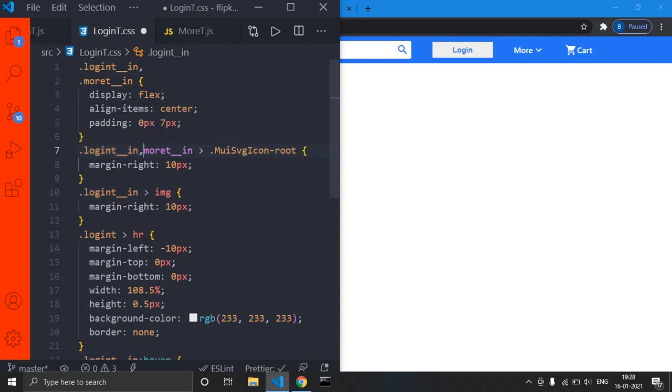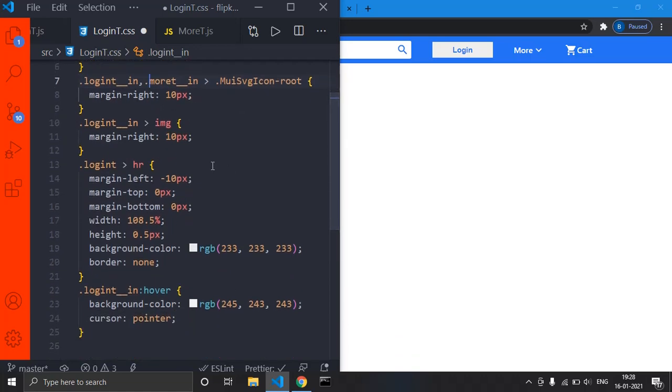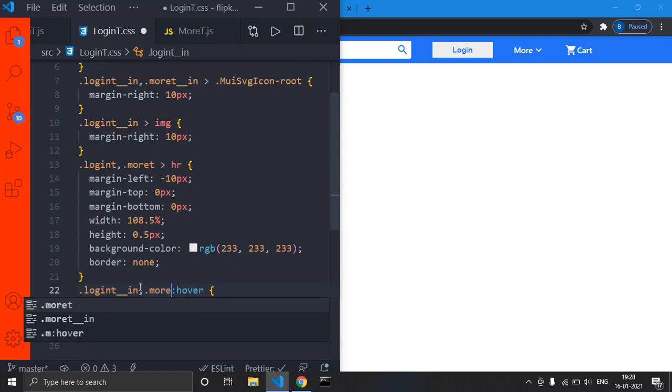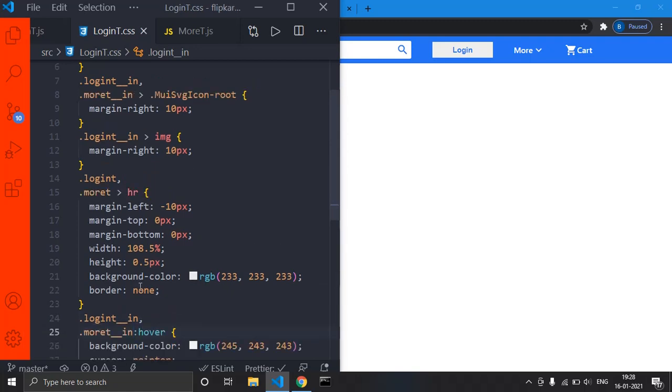As this is a class, mention the dot, but we are not having any image in that, so I am not targeting that. And comma dot login t means it is more t. And the hovering effect also is dot more t in, right? Just press Ctrl S, save.